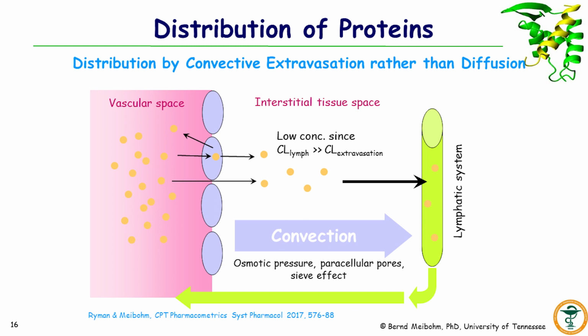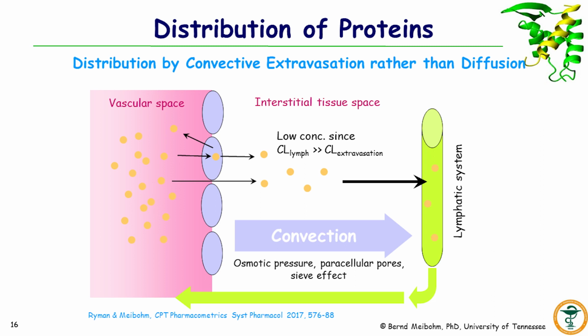What that means is that the concentrations in the interstitial space always remain substantially lower than the concentrations in the vascular space, as the influx is more restrictive than the outflux. By that, therapeutic proteins are largely confined to the vascular space, and concentrations outside of that vascular space are substantially